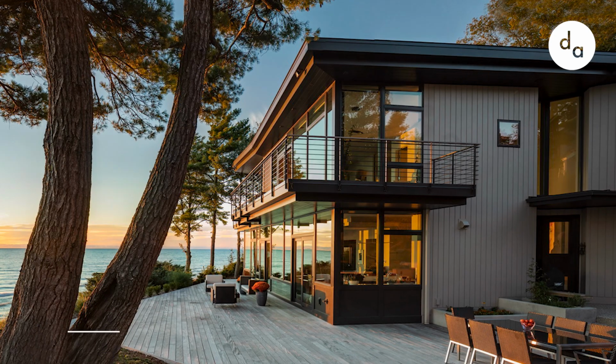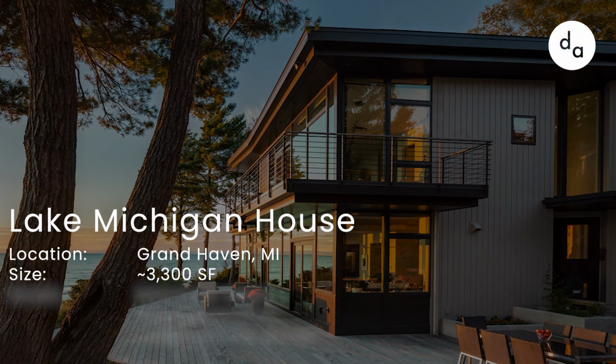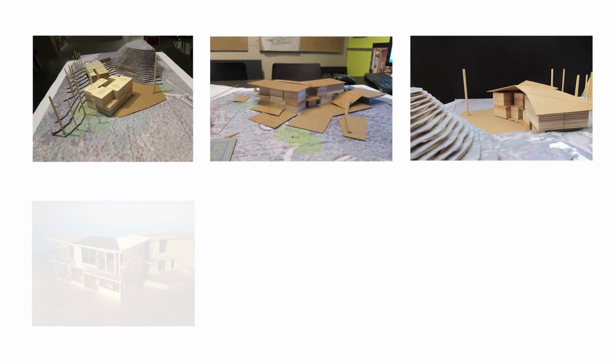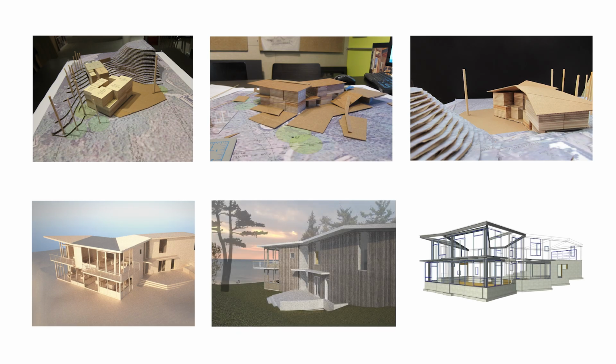This home is near Grand Haven, Michigan, in the dunes on Lake Michigan. It's a 3-bedroom, 3.5 bath, 3,300 square foot home. What we want to share with this video today is some of the modeling techniques in particular that we use to go from a big poetic idea that has to do with the place and the client to an actual